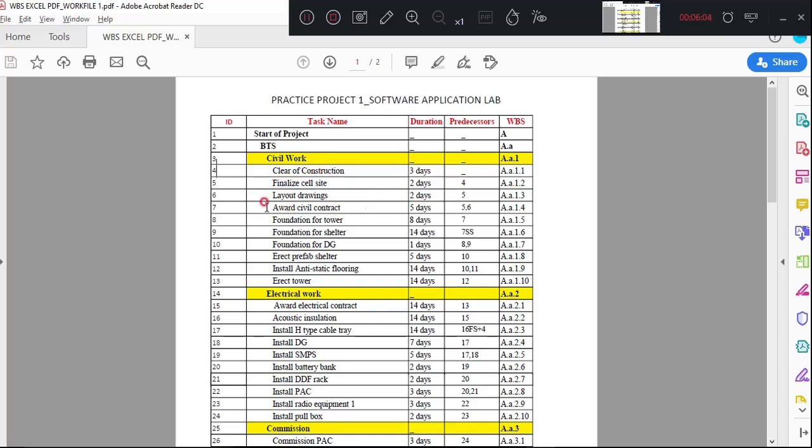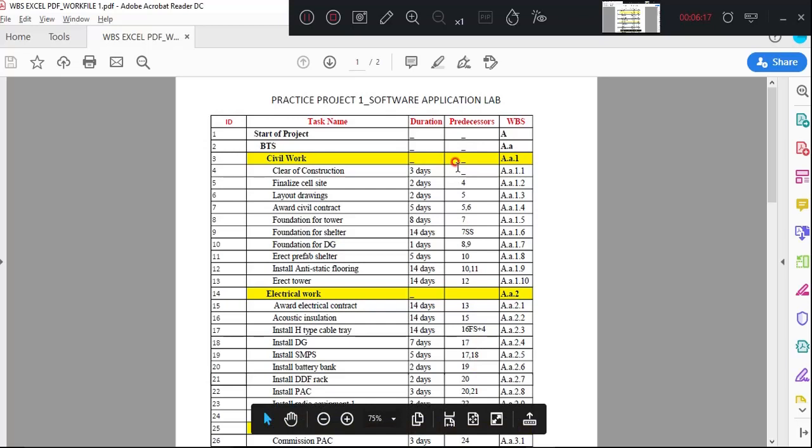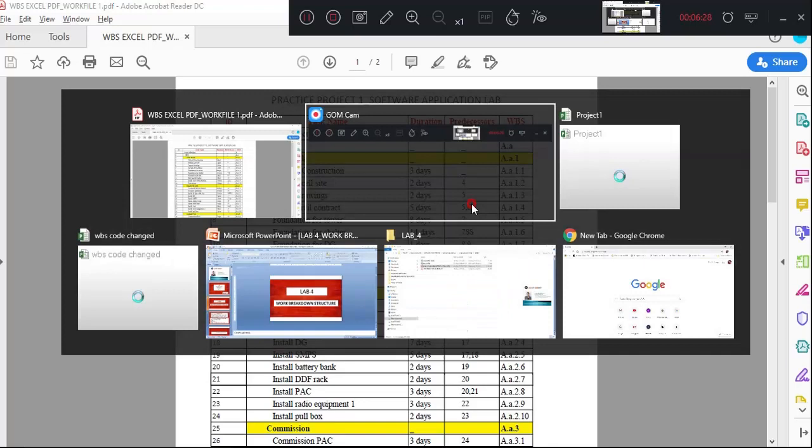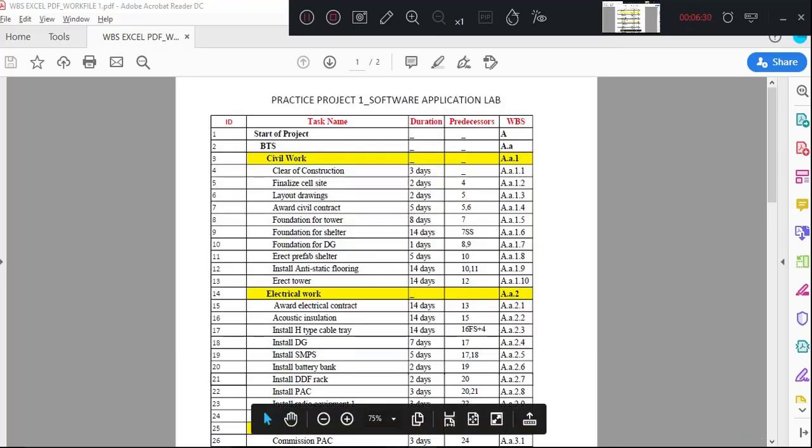Now award of the civil contract is going to start after completion of both activity number 5 and activity number 6. So considering this as a base, I will be giving my predecessor. For this it is 4 and 5, right? Now I'll just give it in my project.